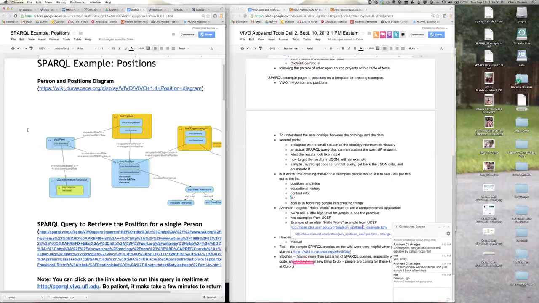Yeah, that's what I was hoping to do, to encourage people so that they could click on our SPARQL endpoint and watch data come back. It's one thing to have a SPARQL query on a page and then not know where to paste it in or have trouble with that. I wanted to make sure that all these actually ran. So Nicholas and I spent quite a while making sure that every one of these ran without problems before we put them in.